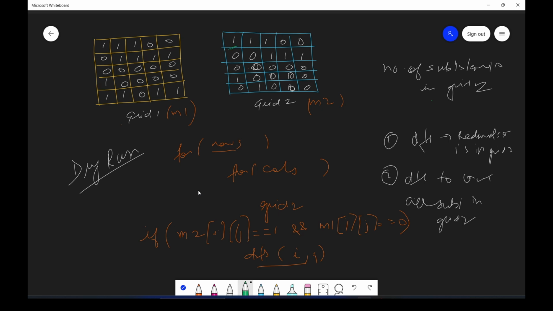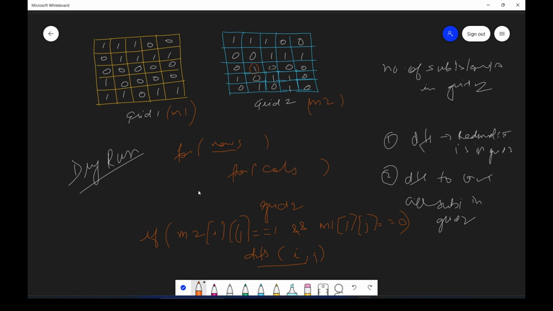You go to this one, you see that here it is 1, so it's not satisfying this condition. You go further, this one is also not satisfying, this not satisfying, and like this you go. Now finally you reach this one. Oh, actually, one second, we have to change it again. Okay, so here it was 1, here it was 1 1 and 1, I guess. Yeah, okay, now see, these all are, now we reach this one.